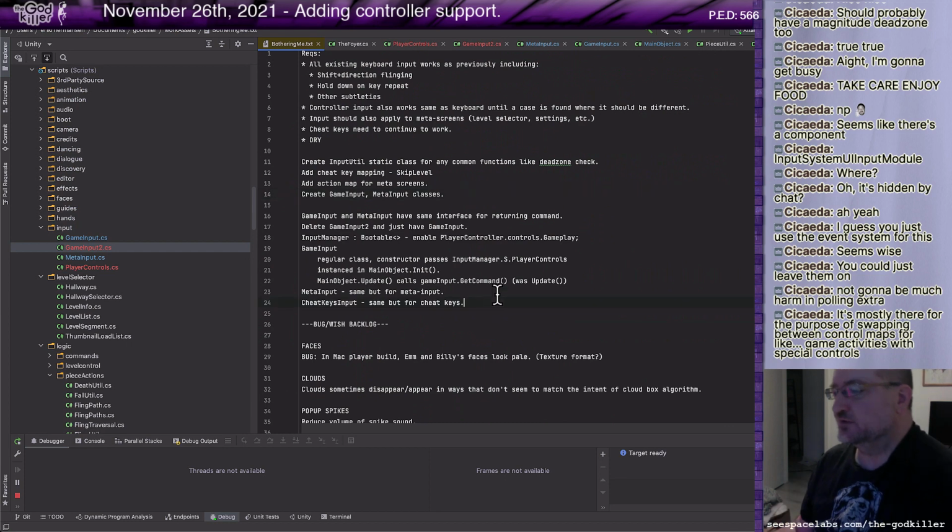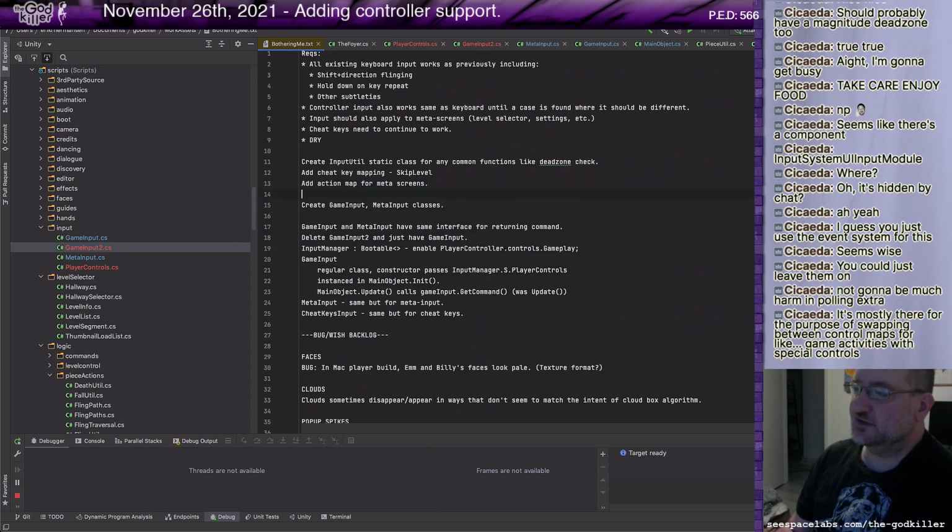All right, so I've got to revise this a little bit. Since I'll have two action maps, each one has an instance to an action map.